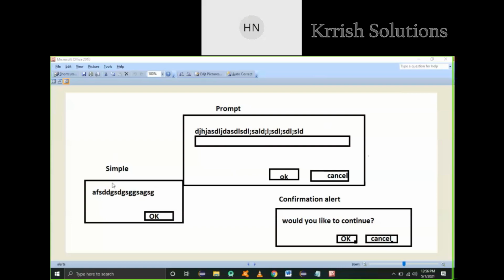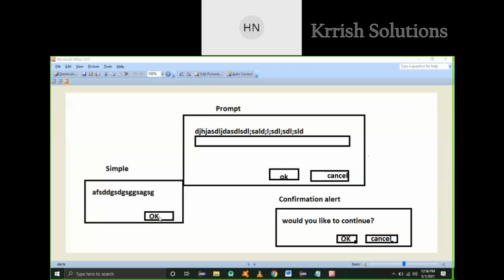The first one is basically a simple alert, which displays one message as well as one button, that will be the OK button. If you want to access this simple alert, you have to click on this OK button. To click on the OK button, what is the method we are calling here? The alert dot accept method. So first we'll create an alert class object here, then we'll call that method.